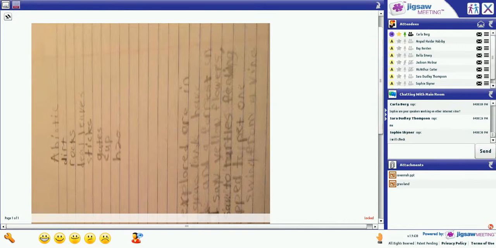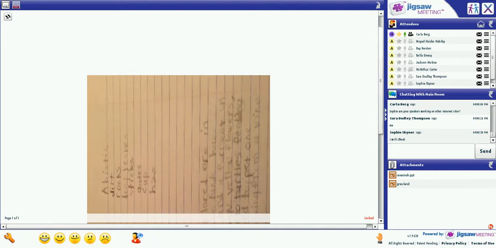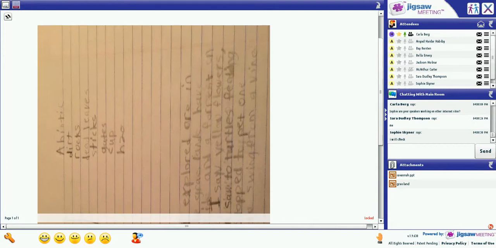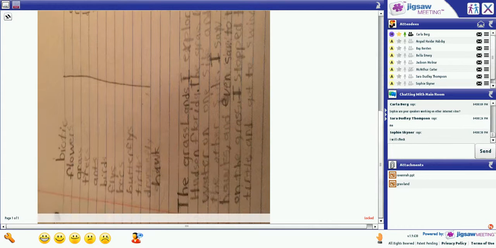Okay, now let me just try to spin it maybe. All right, Xana, yours looks like it's going to be sideways. So either you can try to read it or I can try to read it. It's up to you. I would like you to read it, please.